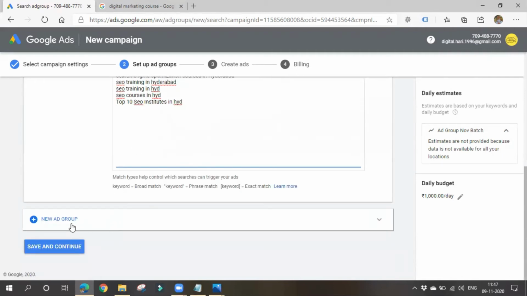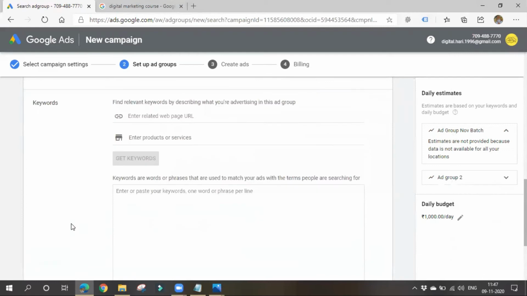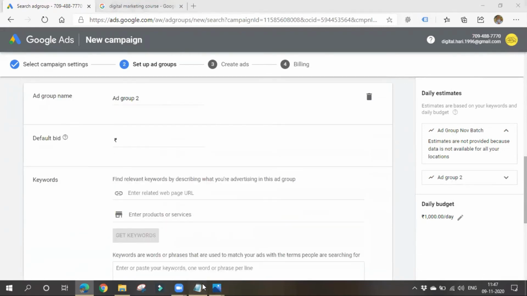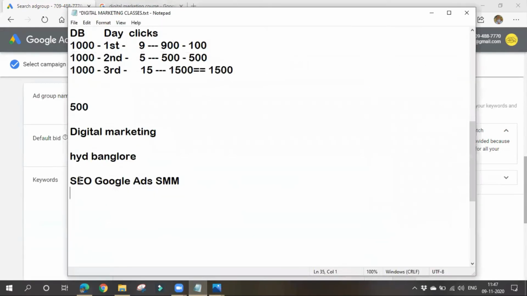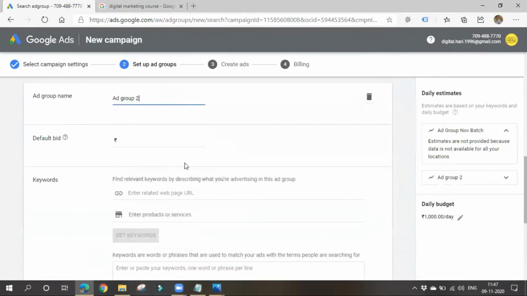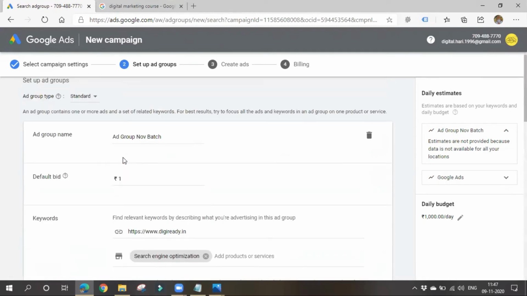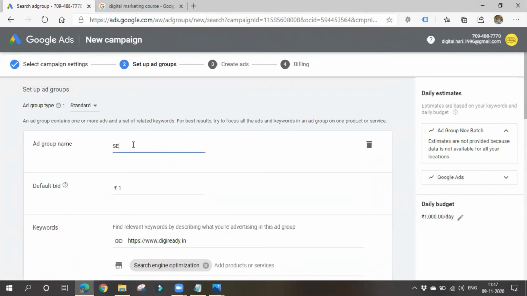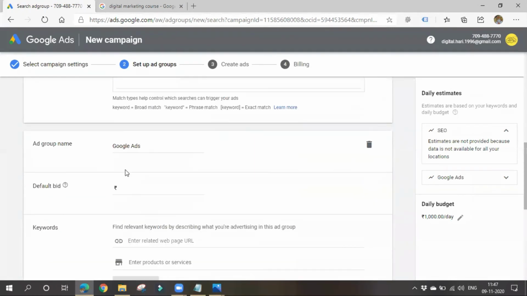Next thing is a new ad group. Now I have two things: SEO I have completed, and the next ad group is Google Ads. I'll change this name to Google Ads. For the default bid amount, I have to define it for each and every ad group level.